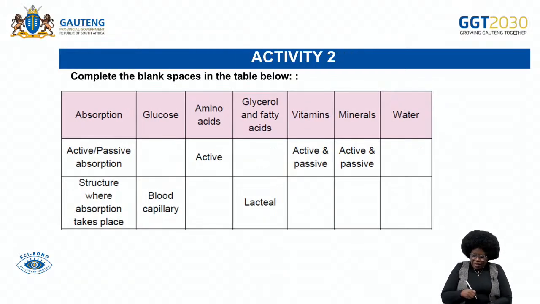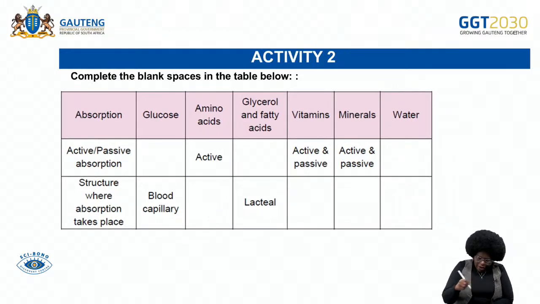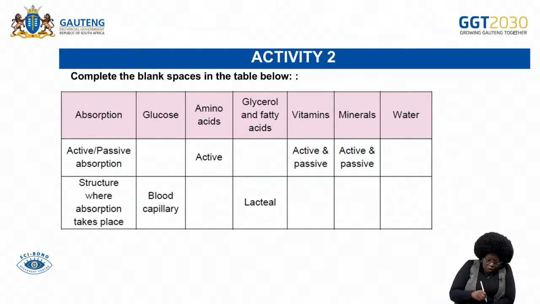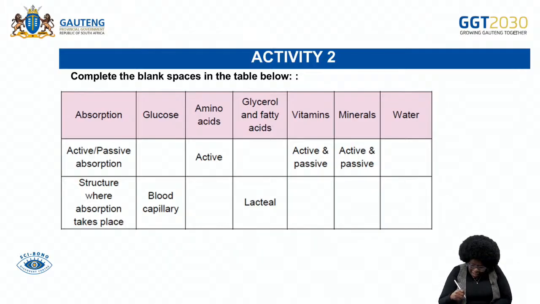Let's go, we're going back there. Right, must not cheat. So active and passive absorption, we've got the structure where absorption is taking place. So we've got glucose, digestion, we've got amino acids, glycerol and fatty acids, vitamins, minerals, and water. Right. I wanted us to just go back and tap on